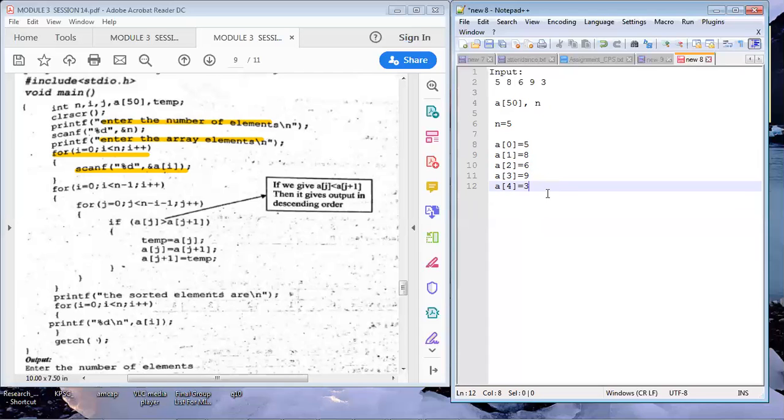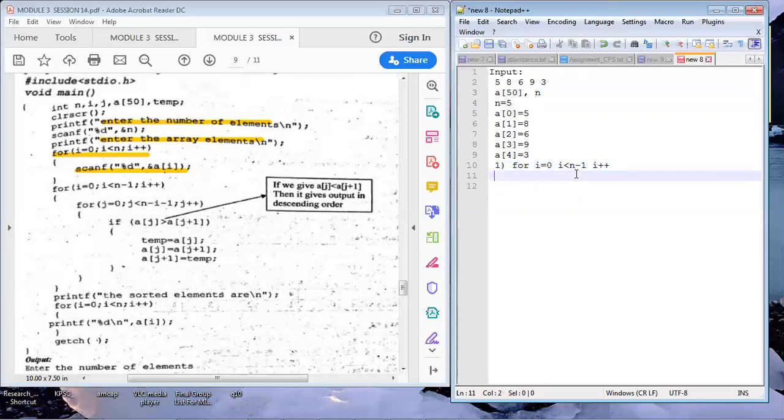After that, in the for loop, we are going to start with the process. In the first iteration of the outer for loop, for i equal to 0, till which condition should it be executed? i is less than n minus 1, and i plus plus.